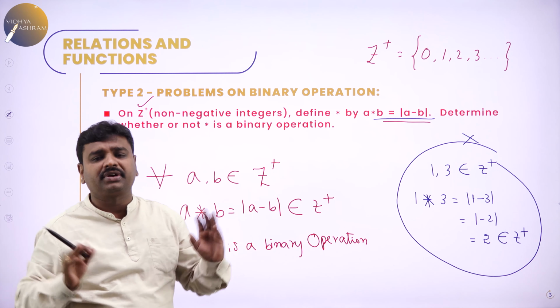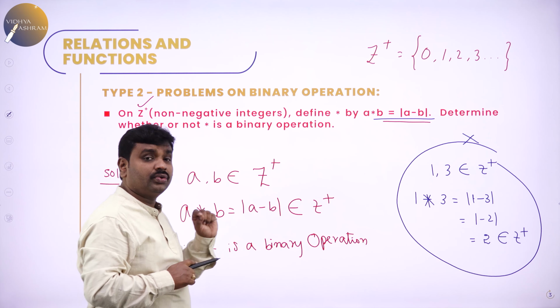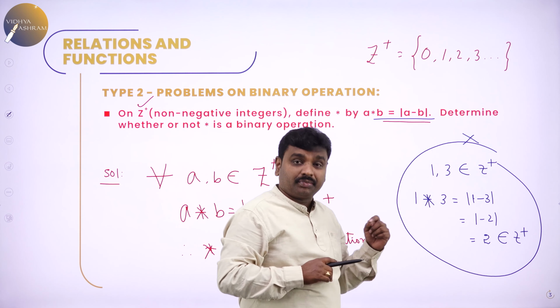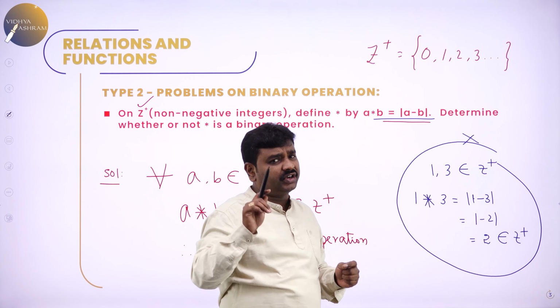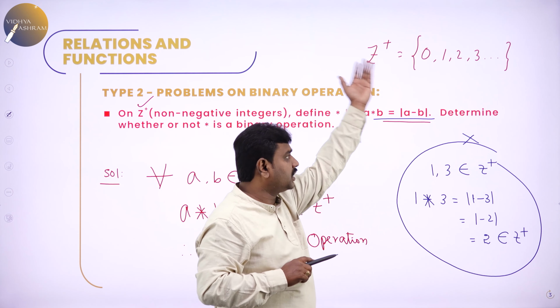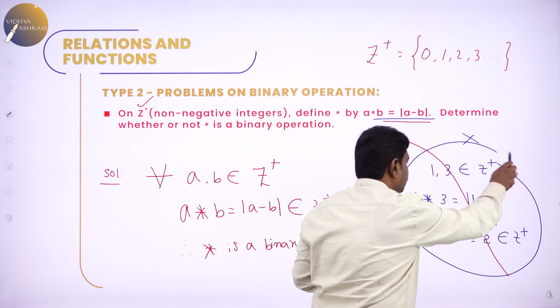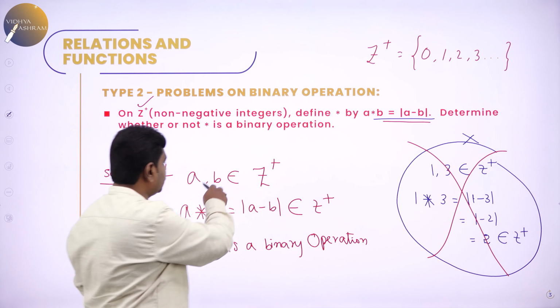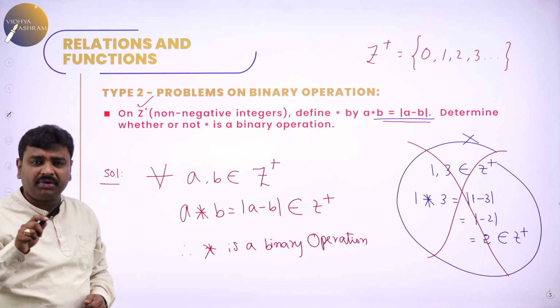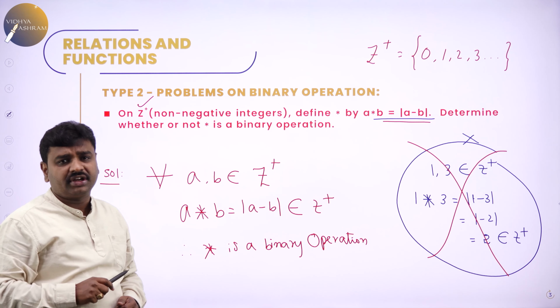Now this is binary operation, simple. Any doubts? And never you should give number values as example because it is true. I told you when it is true, don't give one pair. If I give 1, 3, others will get doubt. Why can't I take 5, 6? So that's why don't give scope for this. Generalize. So how to generalize? This is the technique. For all A comma B belongs to given set, if A star B also belongs to the same set, then star is binary operation.